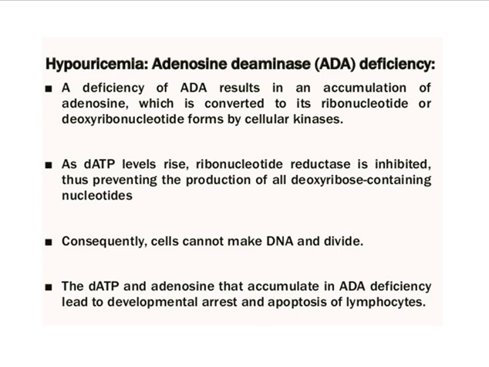This ribonucleotide reductase converts the ribose to the deoxyribose form. Thus, with the inhibition of ribonucleotide reductase, the production of all the nucleotides which contain deoxy form of ribose become